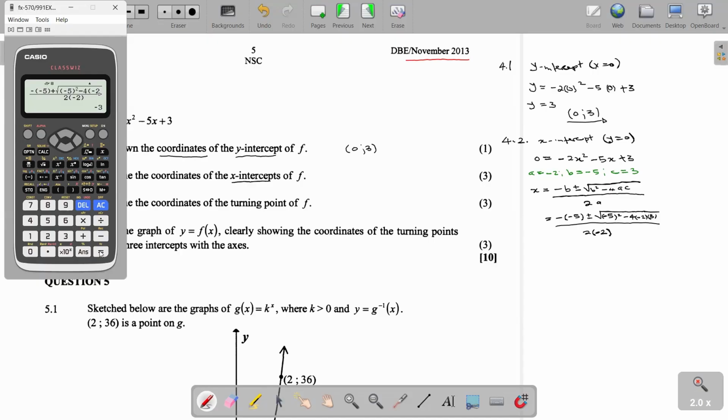We are getting minus 3. Then we put minus there. Our answer is minus 3